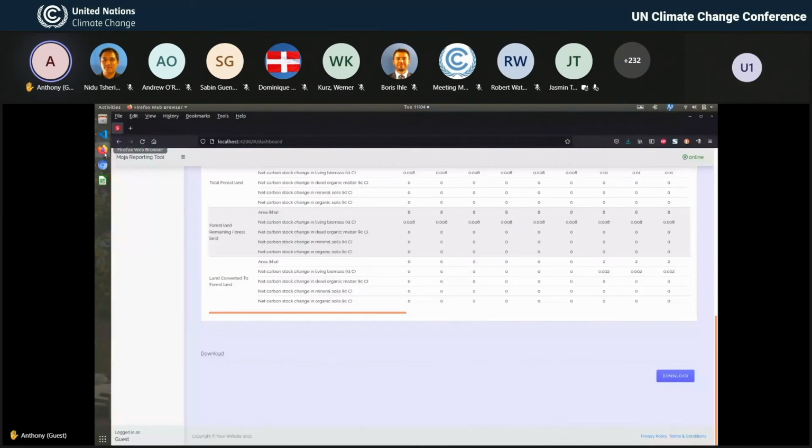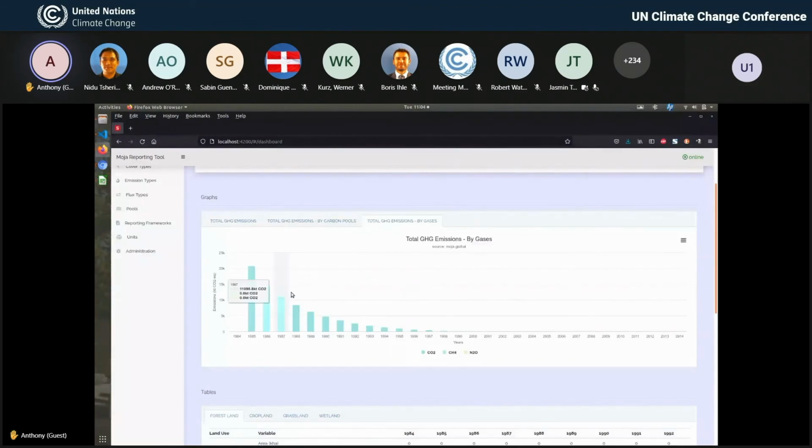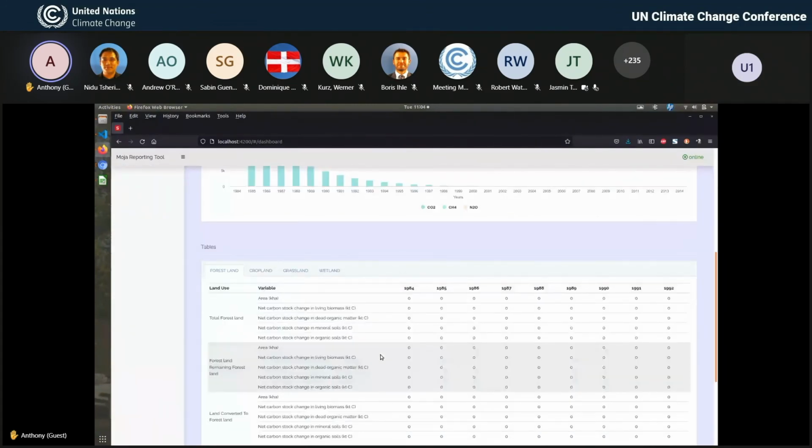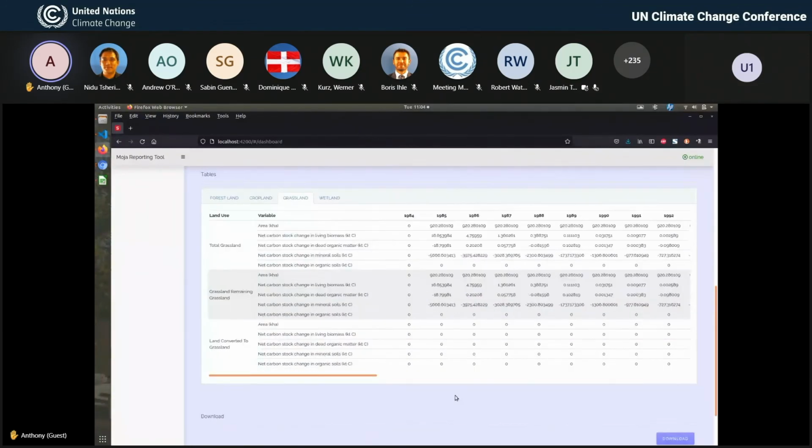Ideally, if you come back here and switch the database, the whole of this will then change. This was a database that had grass, so you can see this is changing into something different. And when you go down here, there's nothing unless you go to the grass table, where you can see the figures. And similarly, you can download the results.